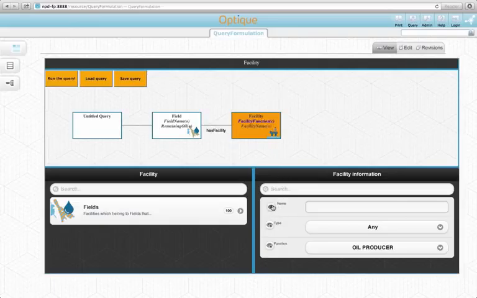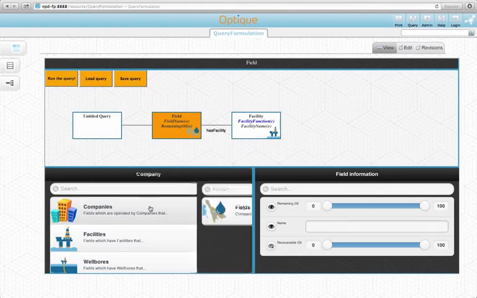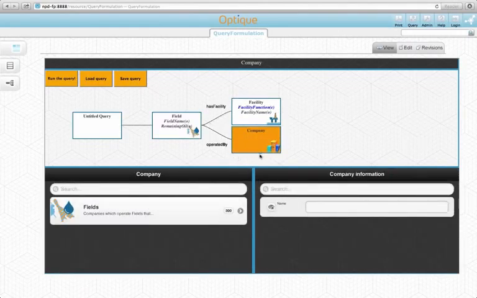Finally, we were interested only in fields operated by Statoil. For this, we also need to create a company variable node and connect it with the field variable node. We can easily jump back to the field concept by clicking on its variable node in the diagram. The focus of the interface changes to the field concept now. Let's click on the company concept. Here it appears on the diagram connected to the field variable node by an operated